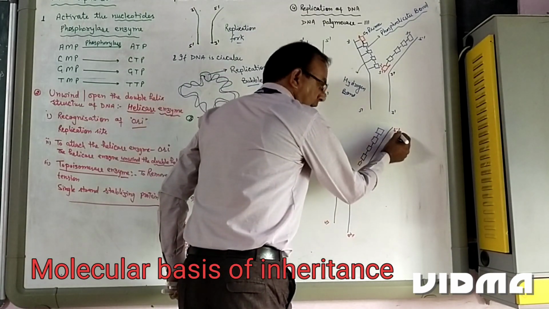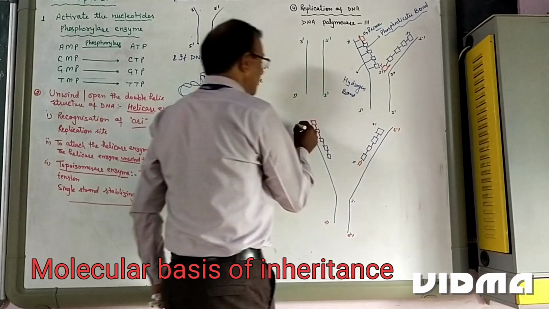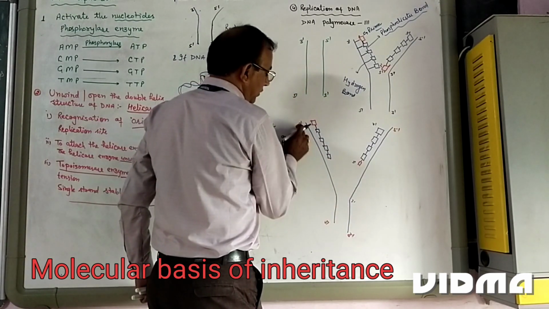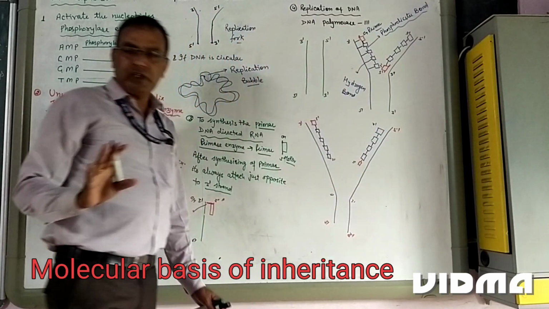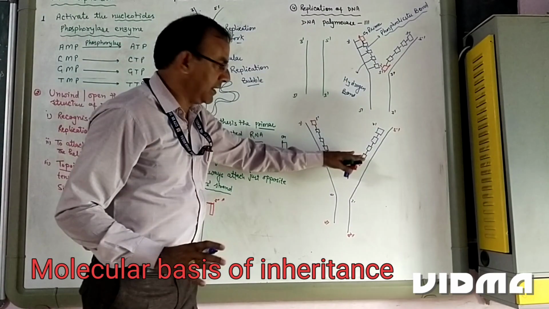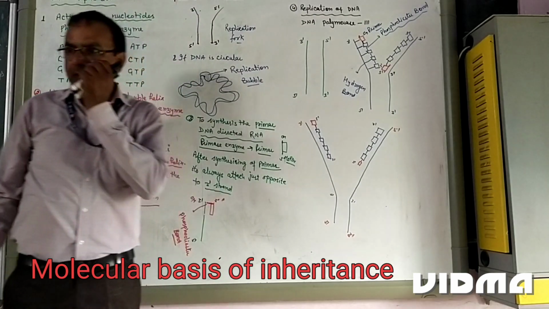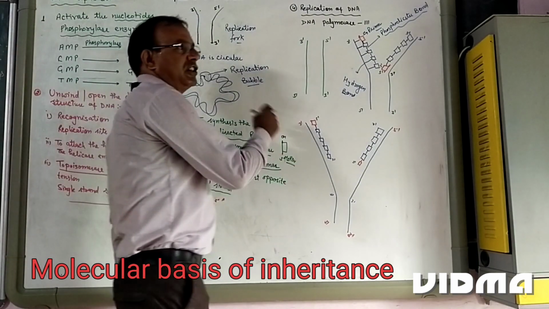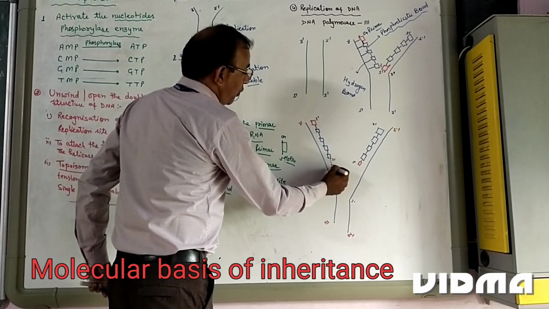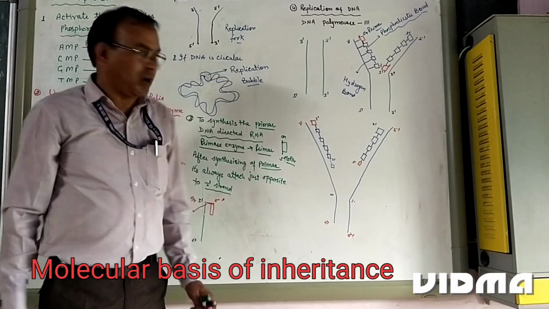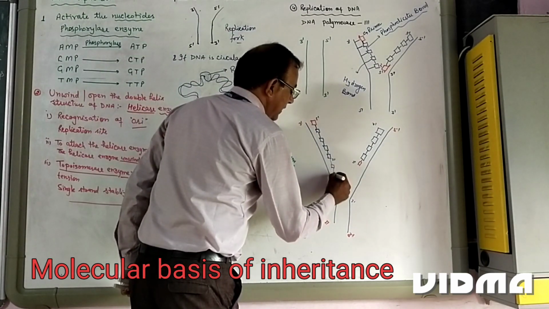From this one, this is the 5 prime to 3 prime, and this one is 5 prime to 3 prime. 3 to 5, so this is the part 3 to 5 here. Here is 3 prime to 5. This we have already discussed. But when we open some more part of DNA, how may the replication process start? This process will remain continuous. There is no need to attach another primer because it remains continuous. It starts to form the nucleotide, this one line,